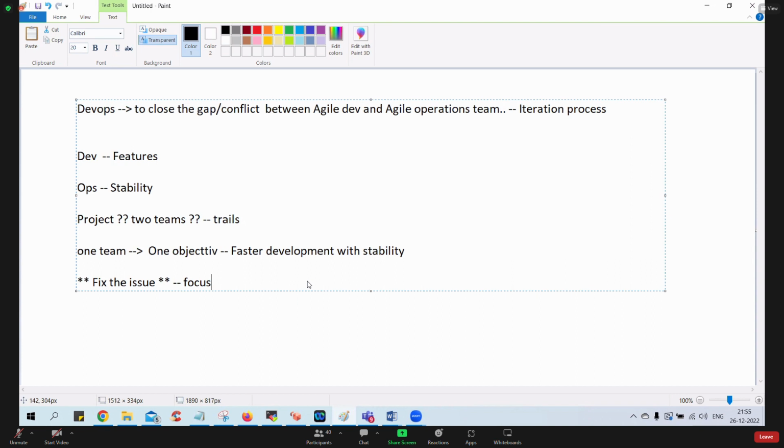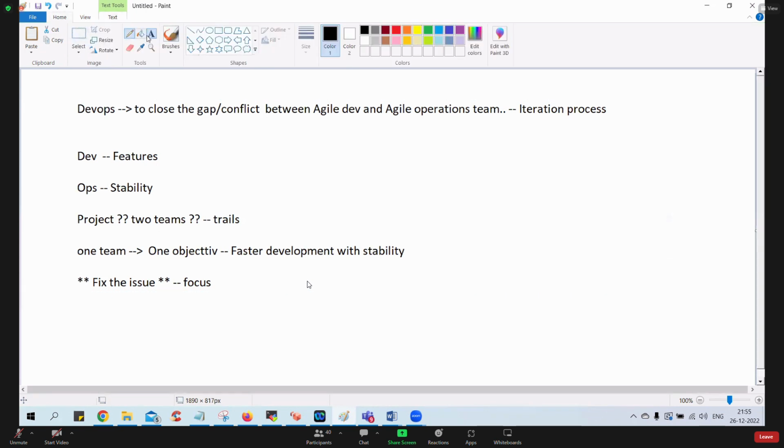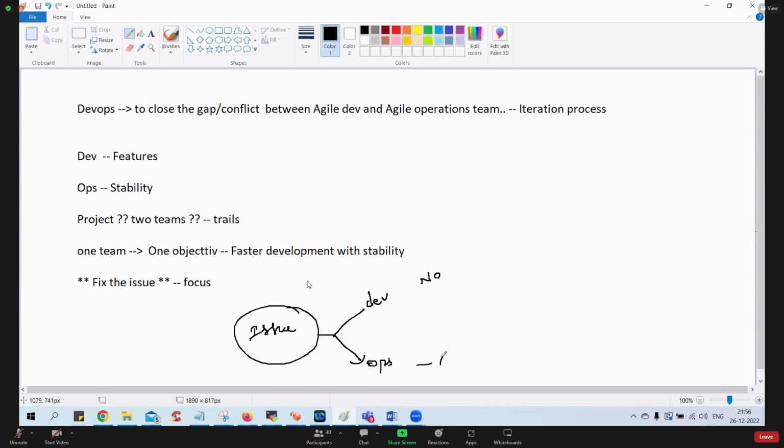I'll tell you one more use case that you'll find in a lot of companies. Very silly logic, it looks really silly. You'll find some issue coming out. If you ask the development team, please pick up this issue, they'll say no, this is not our issue. Then we ask the ops team, please pick up this issue, and they'll say oh, this is not our issue. Then who is going to take care? You got the question, guys?